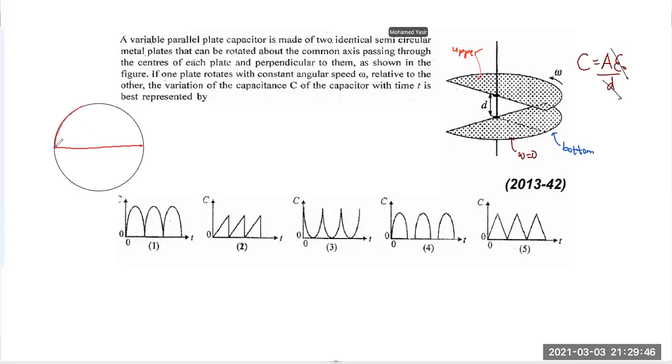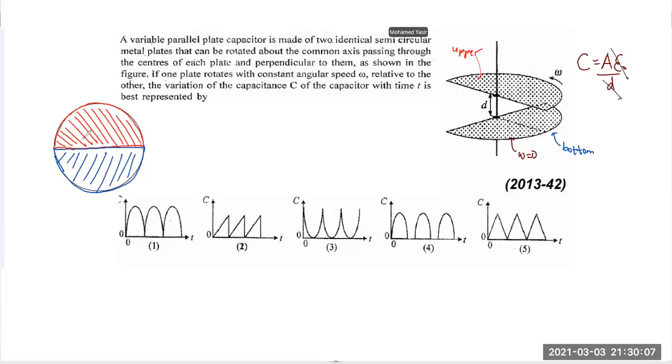This is the red color plate. You can see from top like this. Hope you can understand this. Right. And then the blue color plate is out like this. So the red color plate is completely out.